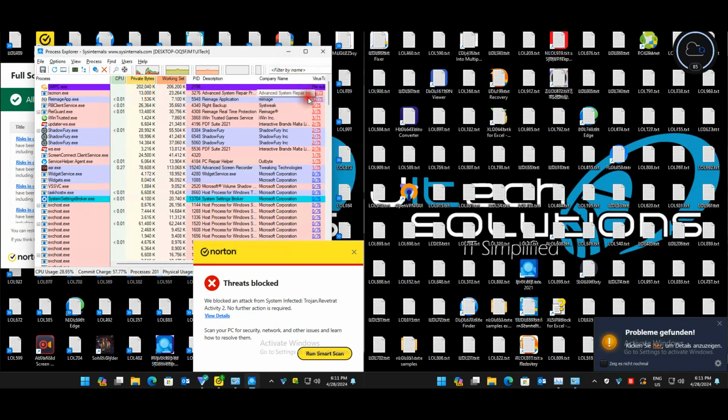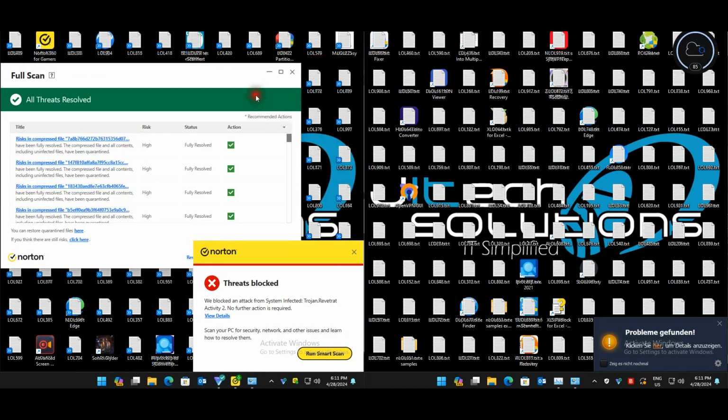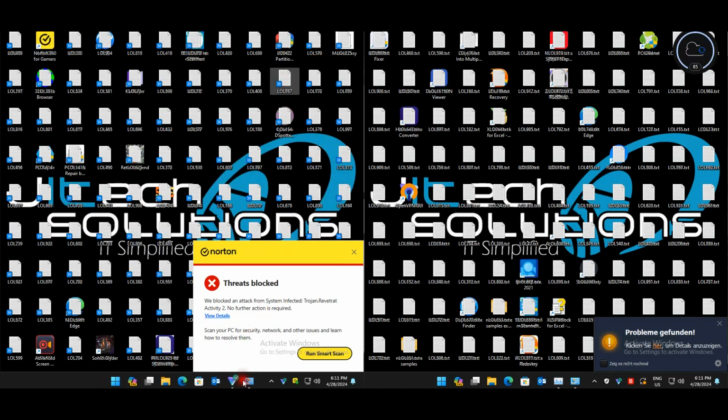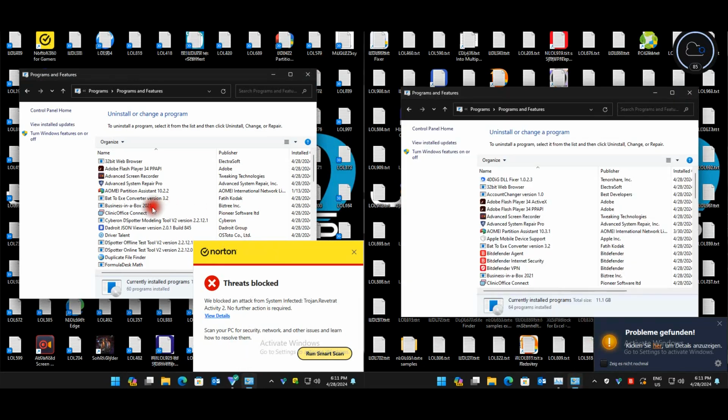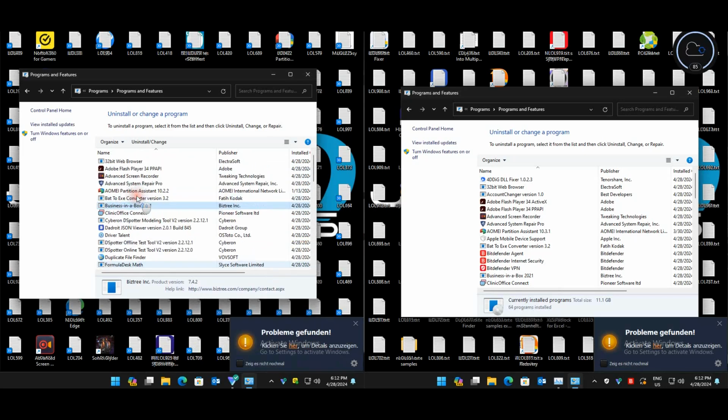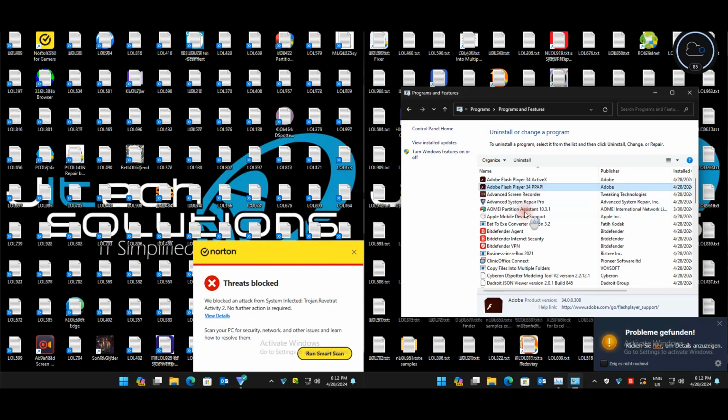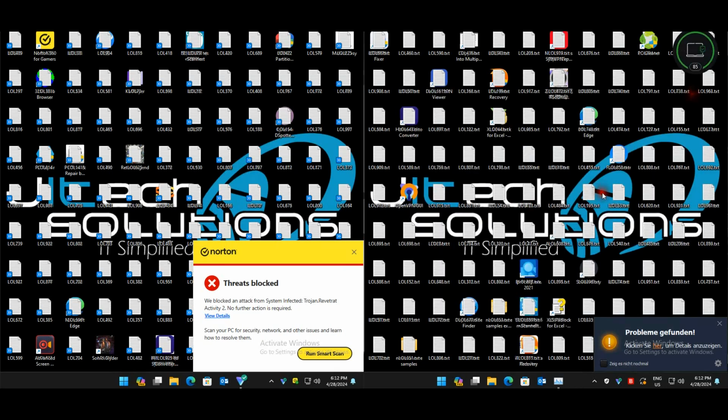But I think this is maybe just also POPs. Yeah, not gonna wait for that one to submit. Okay, let's quickly see what's still in our program files for Norton. Still looks pretty much the same. And then on Bitdefender it also kind of still looks the same. Okay, so I think that's that.